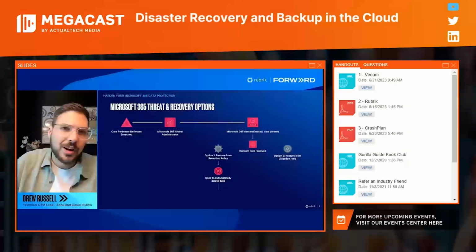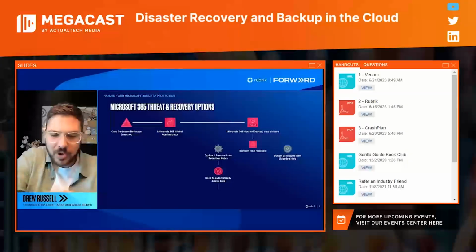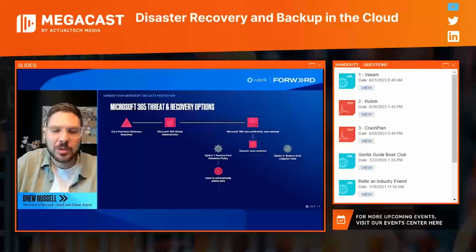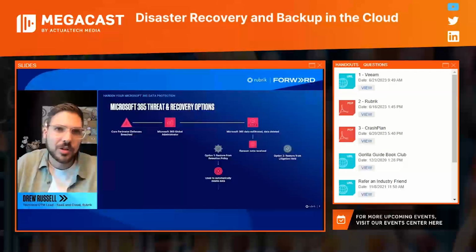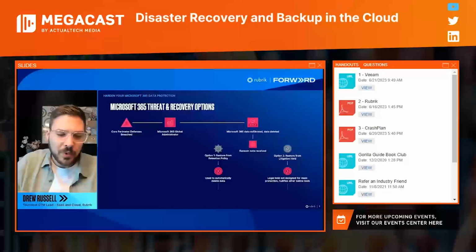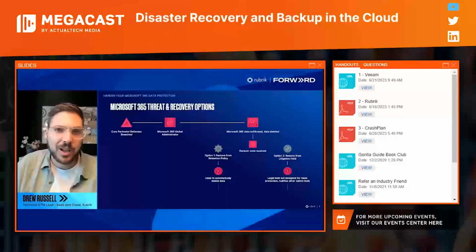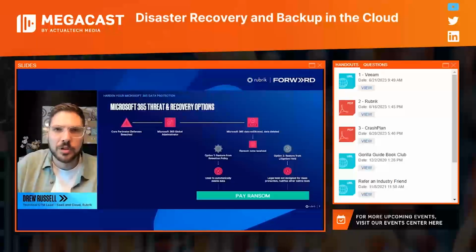They're not ransomware prevention tools. They're really more about the compliance aspect. So it's quite literally a button in the UI that you can use to turn off those litigation holds. So they're not really being used to prevent these attacks from playing out. What that ends up translating to is your only recovery option is being able to pay and go through the traditional workflow that you would associate with that.